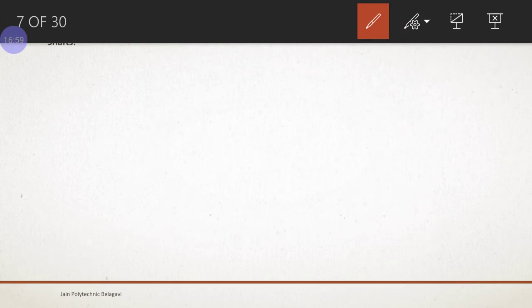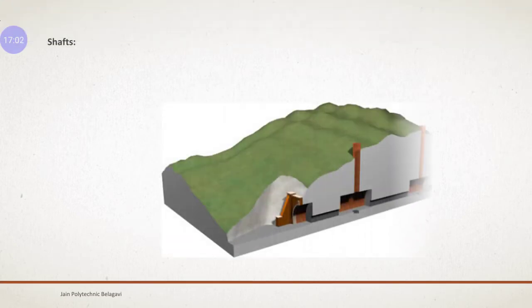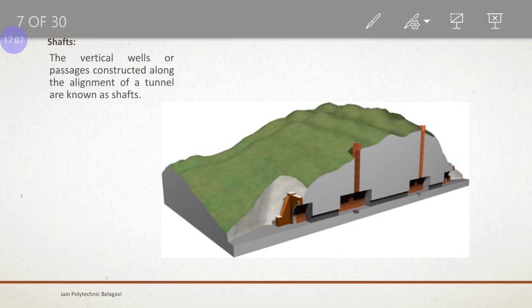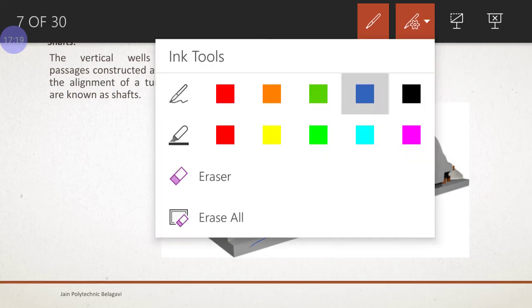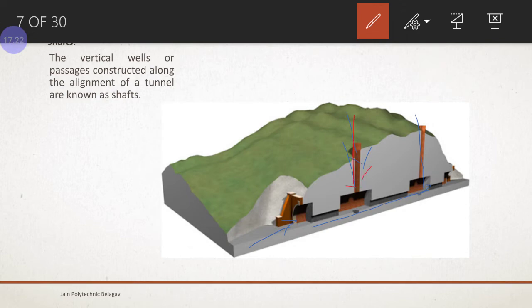We will show it in the diagram here. Can you see this portion? The vertical portion, here it is vertical. This is our tunnel approach, and this is a tunnel. And the vertical well or gallery passage through which you can transport the machineries during the construction work of the tunnels. You can remove the soil debris from those openings, and this can be used for the natural ventilation of the tunnels.